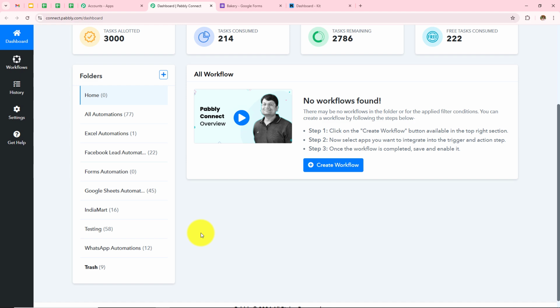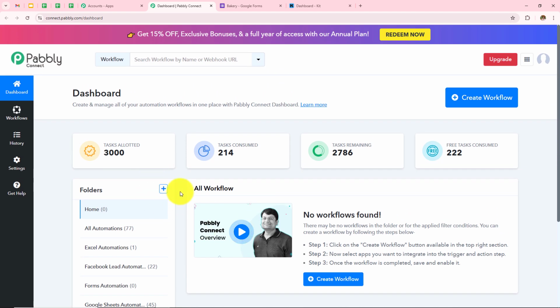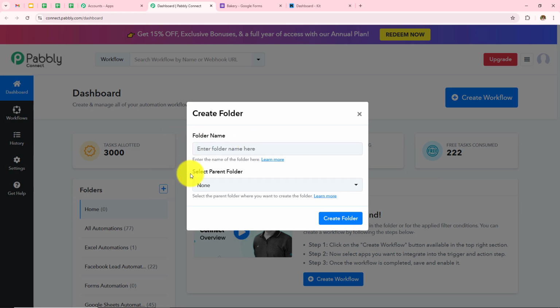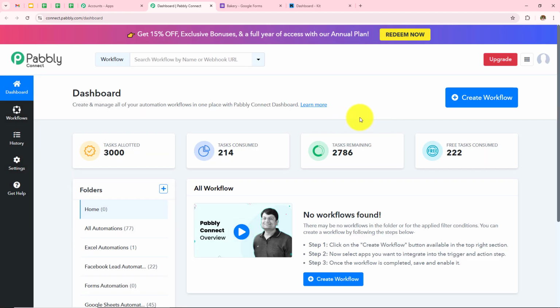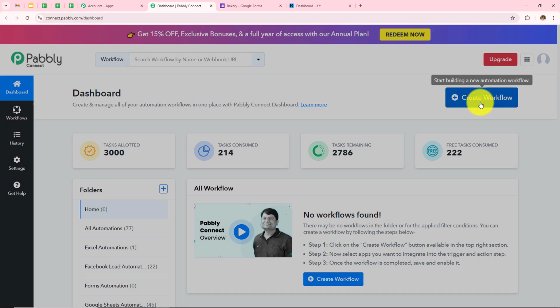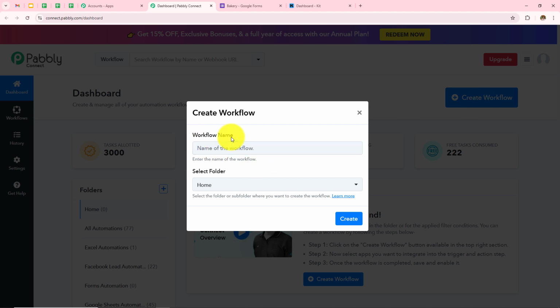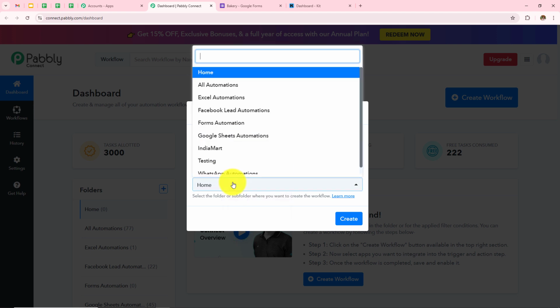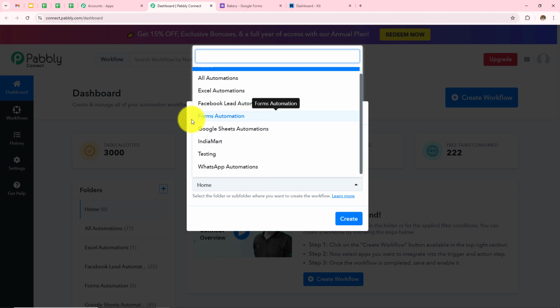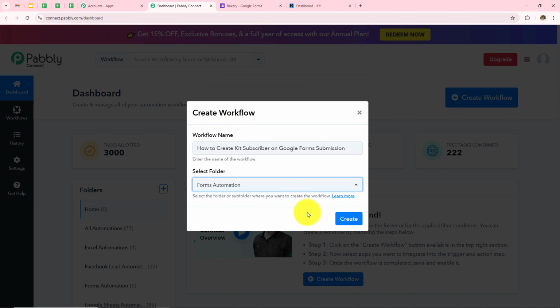If you want to create a new folder, you just need to click on this plus icon, and from here you can create a new folder. For now, I want to create a new workflow, for which I need to click on this create workflow. And first I need to give the workflow name and then select the folder in which I want to save this workflow. So first let's name this workflow as how to create Kit subscriber on Google Forms submission. Now I need to select my folder. So these are the folders that have been created, and I want to select this forms automation